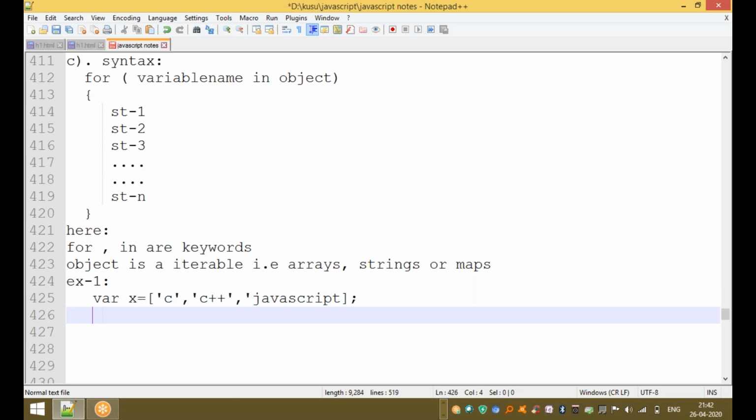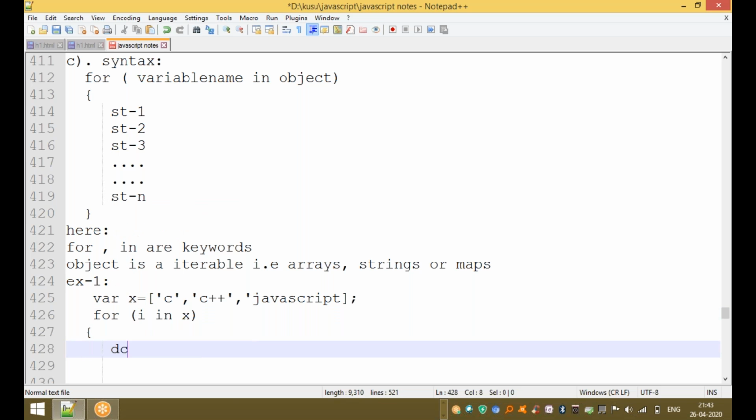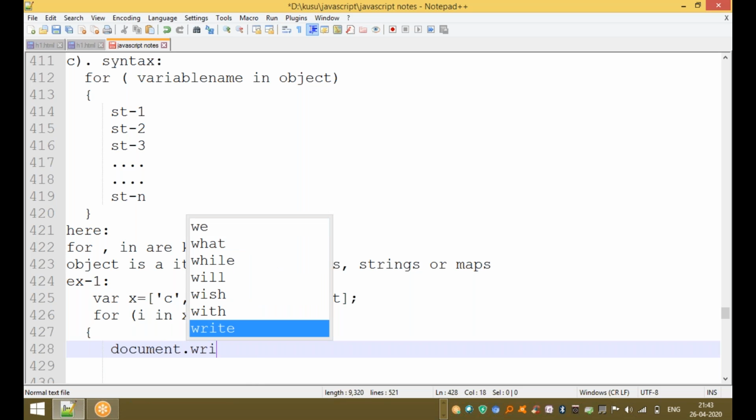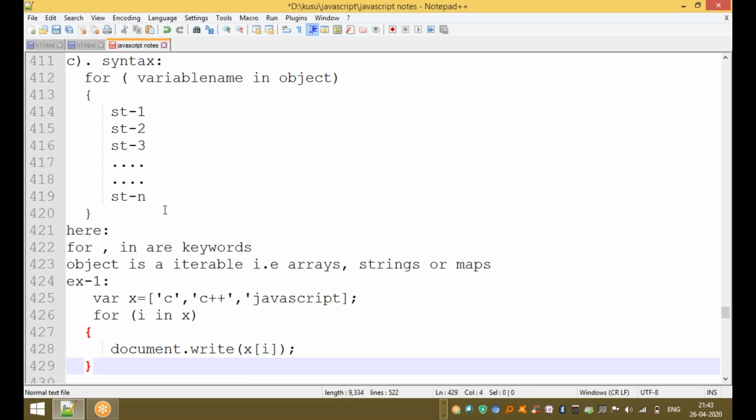This is the actual value. for i in x, document.write of x of i.